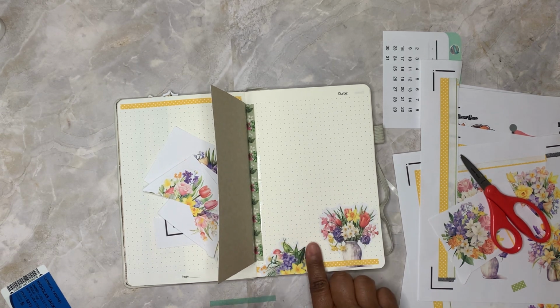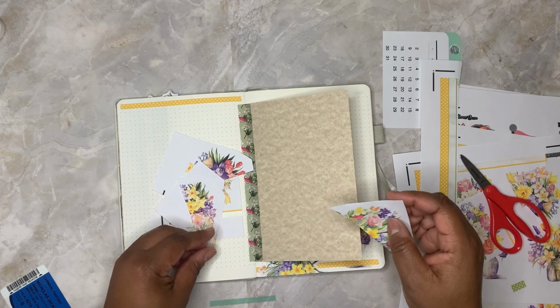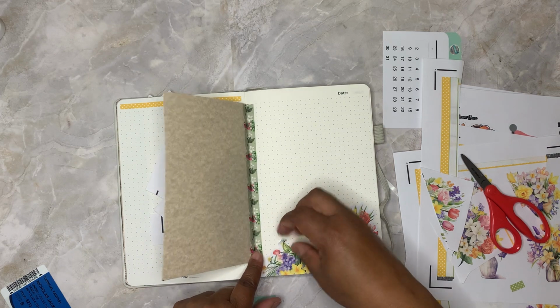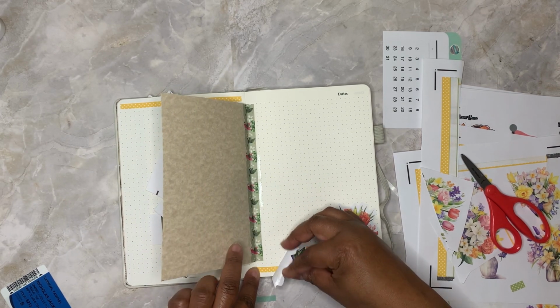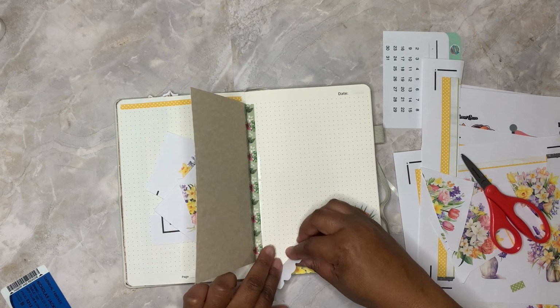So I think it's cute to be able to see the flowers coming in from the bottom. Maybe I should have put that at the top. That's what I should have did. Let me see. See if I can salvage it. I know, I'm always doing that, but